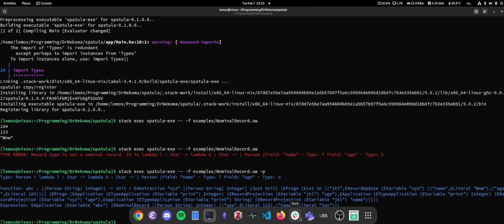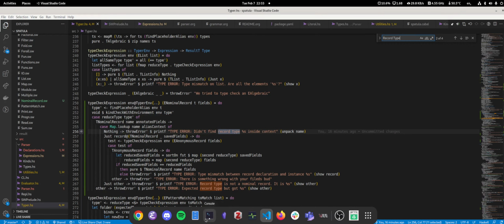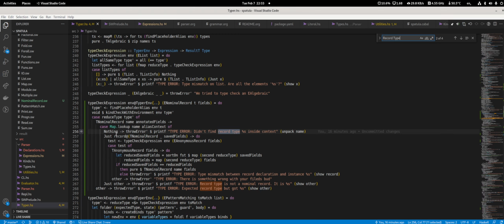Where are you launching this error? Record type is not a nominal record, yeah. Oh, I see. This is the only case in which